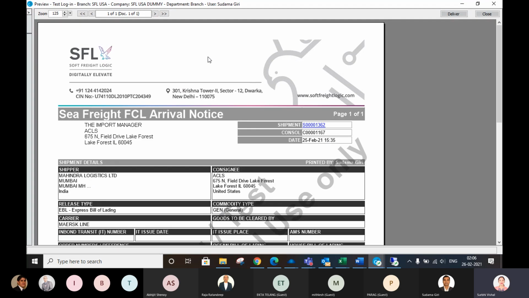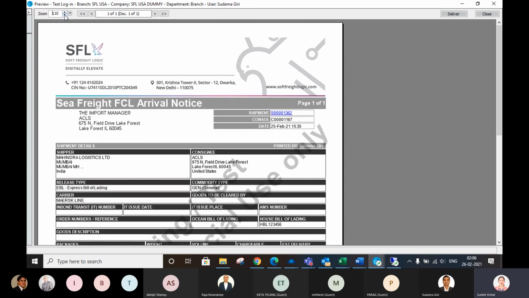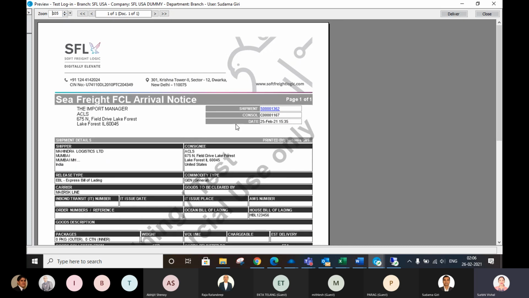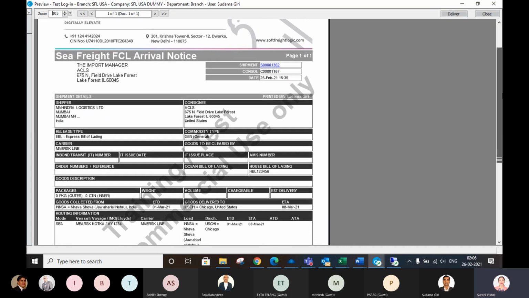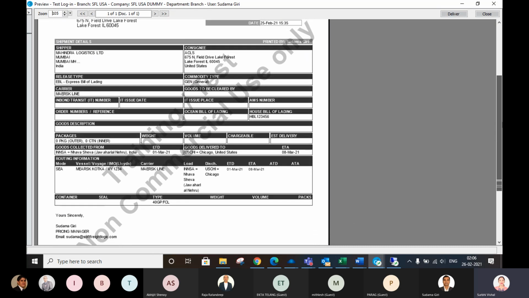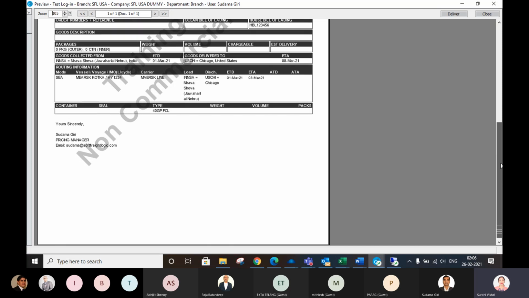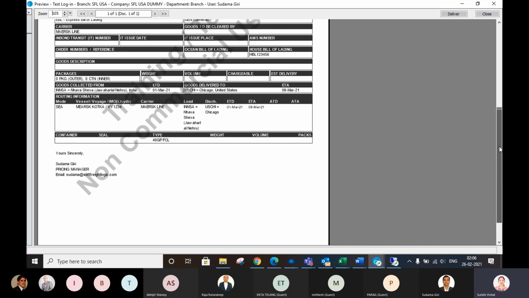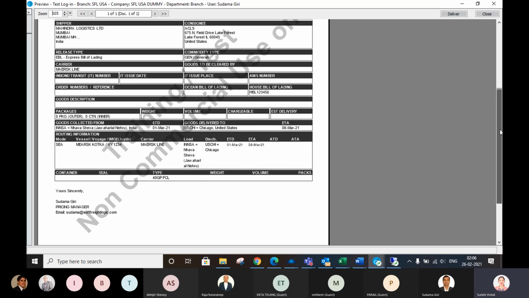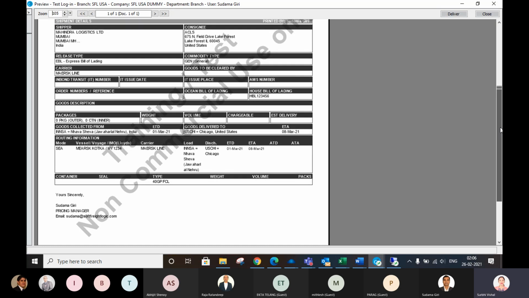This is the system generated arrival notice. Suppose you don't like the design, or any mandatory details are missing, we can customize this document as per your requirement, but this is the system generated arrival notice.